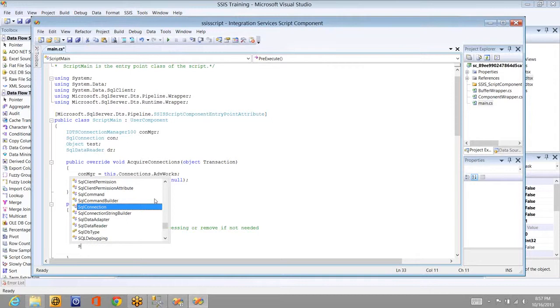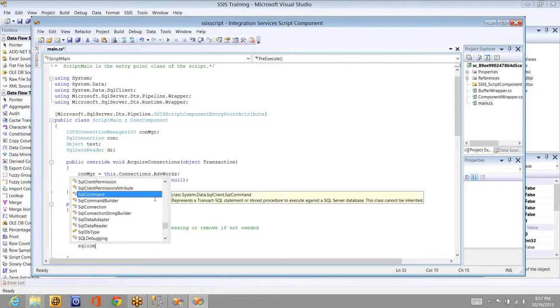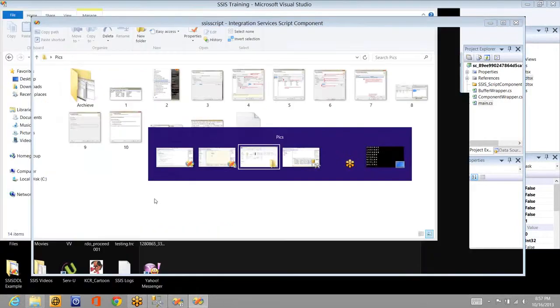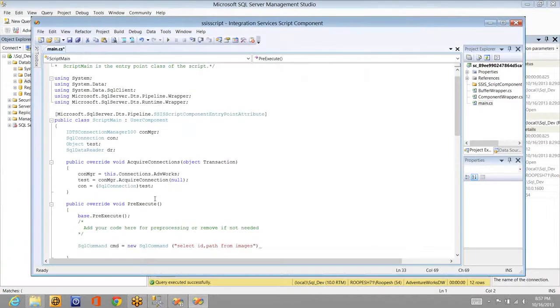So I'm declaring a SQL command, and I'll name it as cmd is equal to new SQL command, and I can write the query inside it. As you all know, I'm taking select ID comma path from images, the table name that I have given, image test. Okay, this is my SQL command.